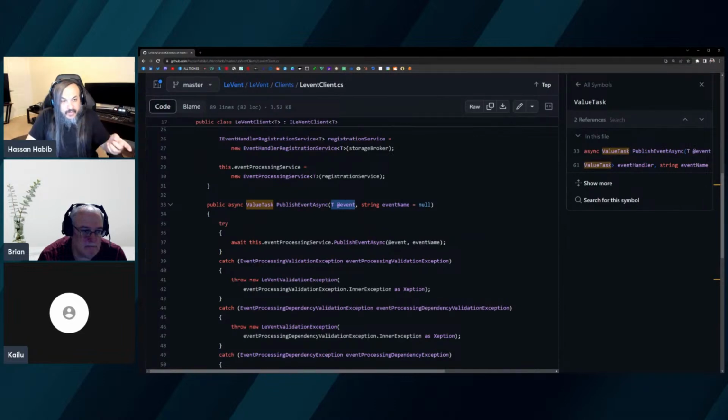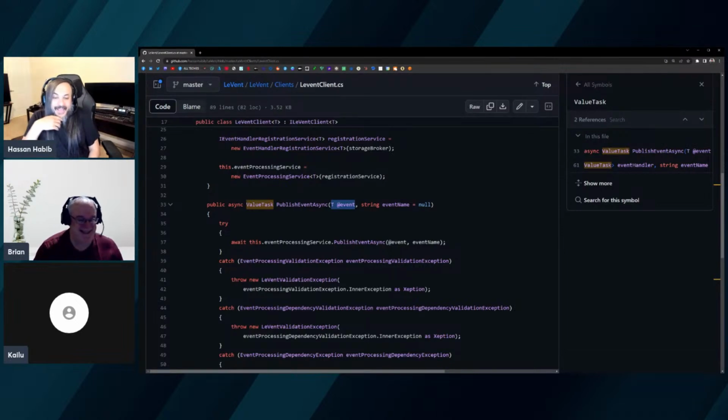So even Levent needs an update. See how this is like, it's gonna take you down deep three systems and then you're gonna come back up. It's down the rabbit hole. This is the best rabbit hole because